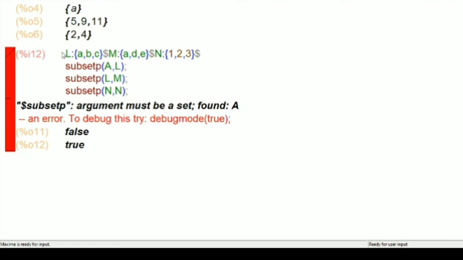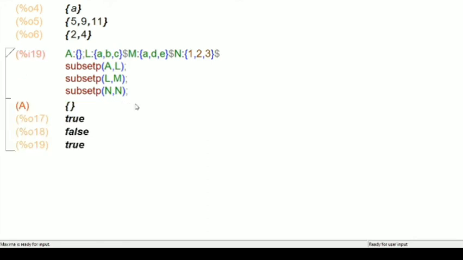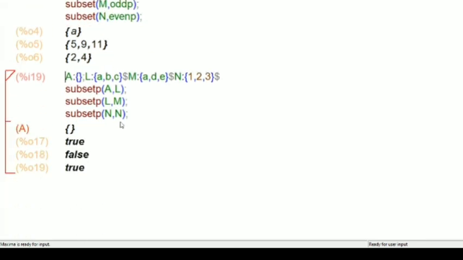It is not finding A. So let's give A also. What is your A? It is the empty set. See here. Subset A. Is that predicting? Okay, let me give kill all so that it kills all the earlier stored values.